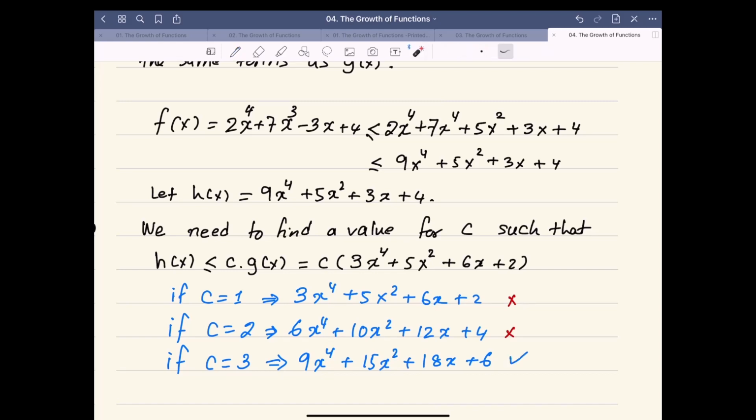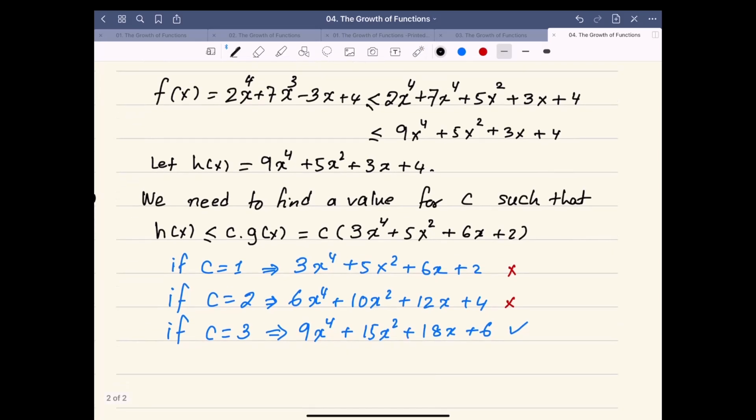Why will it work? 9x raised to power 4 is less than or equal to 9x raised to power 4. 5 is less than 15, and 3 is less than 18, and 4 is less than 6. Remember, h of x and g of x share the same terms, with the same power of x. So now this is a draft. So we know that this is now our target polynomial. So we can say the following: